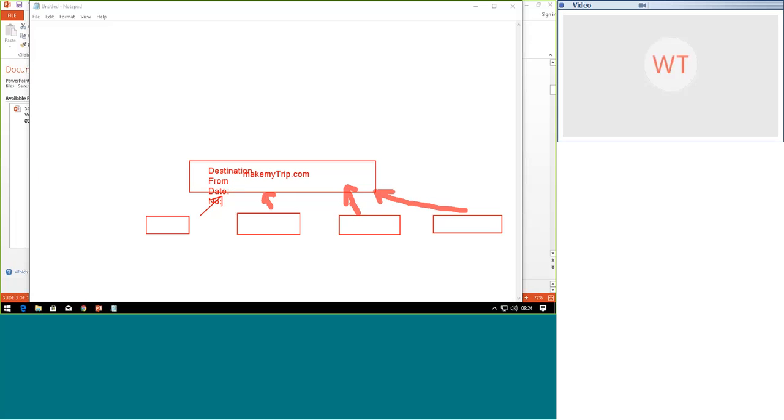What MakeMyTrip basically does is, suppose I am user one. I want to go to a certain location. I fill up the information: the destination I want to go to is, let's say, Goa, and I want to travel from New Delhi, on the 15th of March, and the number of passengers is 4. This is the information. Now what MakeMyTrip will do is take this information,